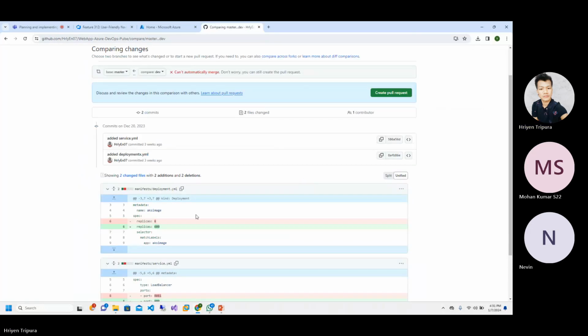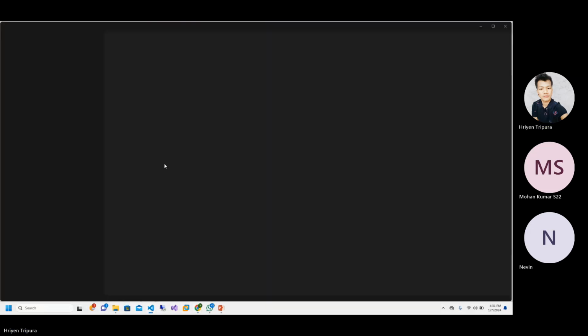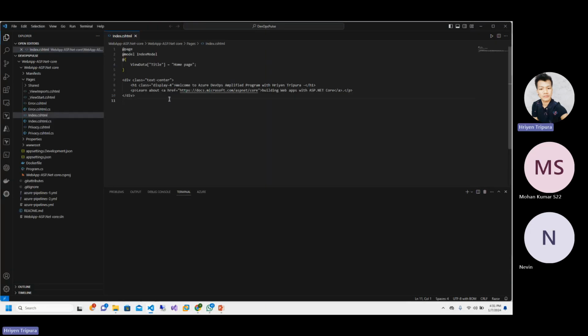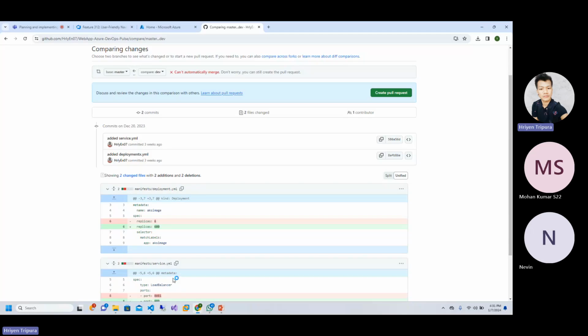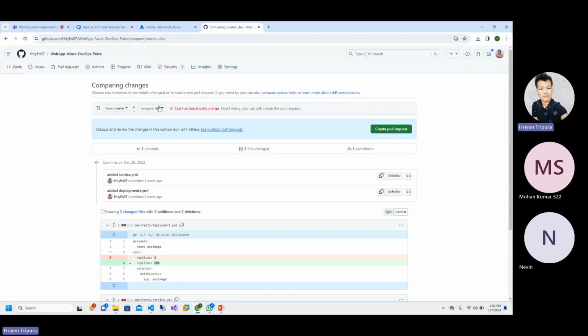Now think that you have already worked in your local system on one of the branches. Now you want to push this to remote. So right now you have it in a remote, that is your particular branch. In my case, it is a dev branch, let's say. You have pushed to your remote dev branch. Till here it is good. Now what I have to do is